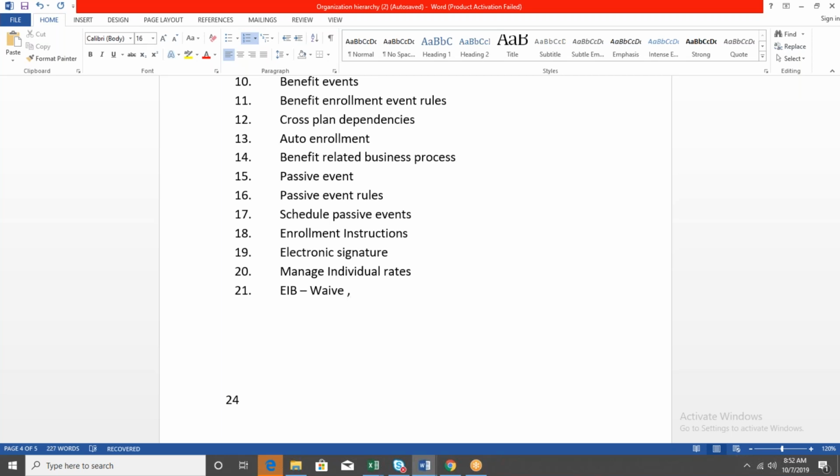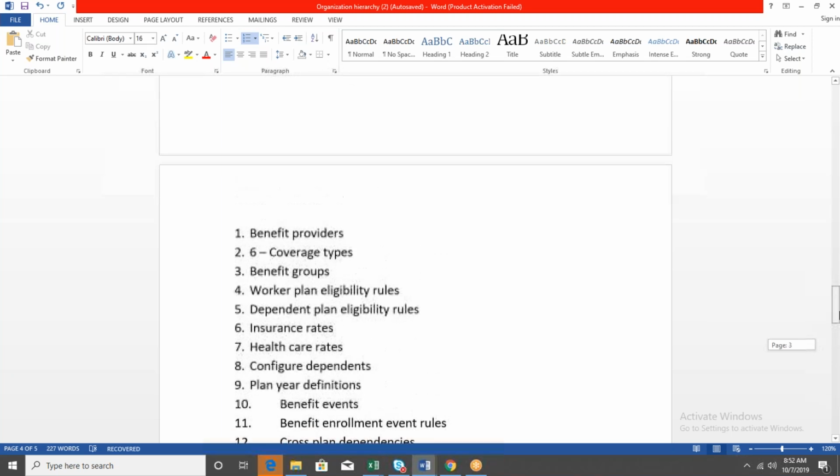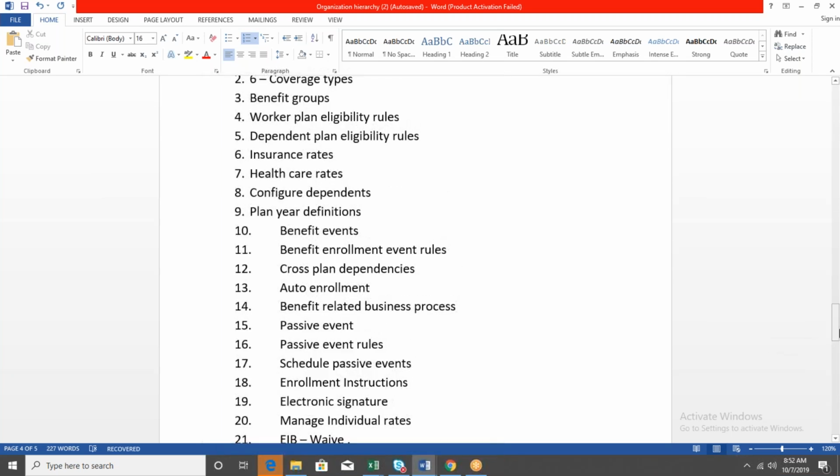How to assign the plan to an employee manually, how to assign the plan to an employee automatically through inbound EIB, and how to override the contribution percentage or amount manually and through the inbound EIB, and support related issues. This also we will discuss. Any questions so far on these topics or any examples you're looking for?